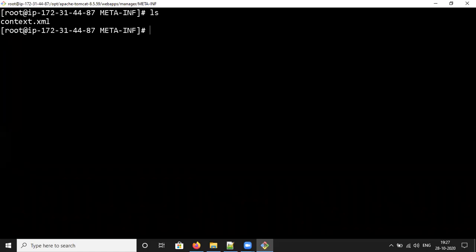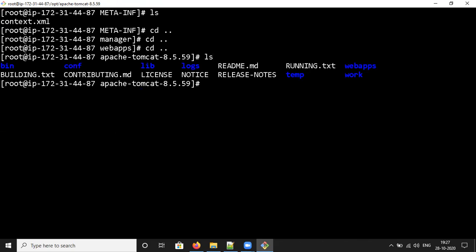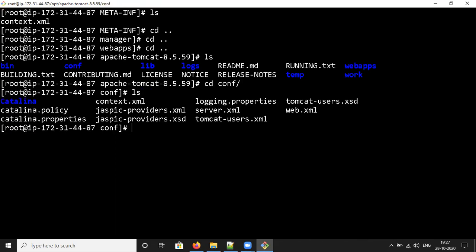Let's come back and find out where that tomcat-users.xml file is available. Let's run cd conf, ls. See, the tomcat-users.xml file is available in the conf directory. You can edit it using the vi editor.